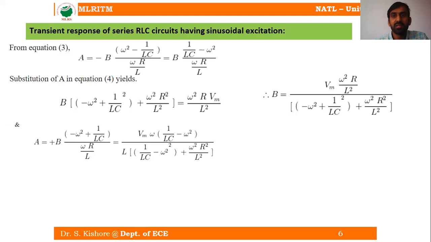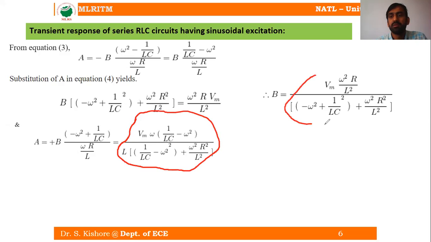By solving equations number 3 and 4, we came across the values of A, which is this value, and this value is your B. So you got the A and B values here. Now, substituting these A and B values,